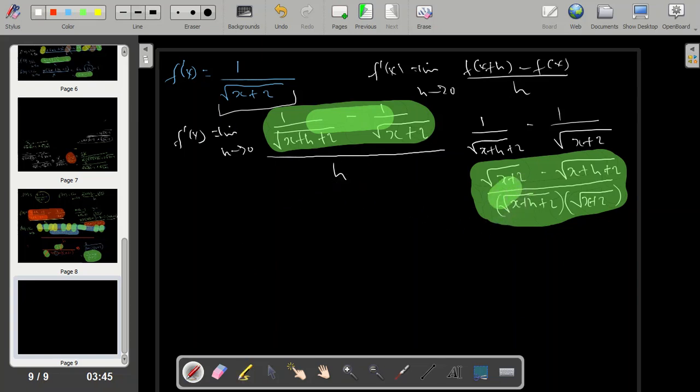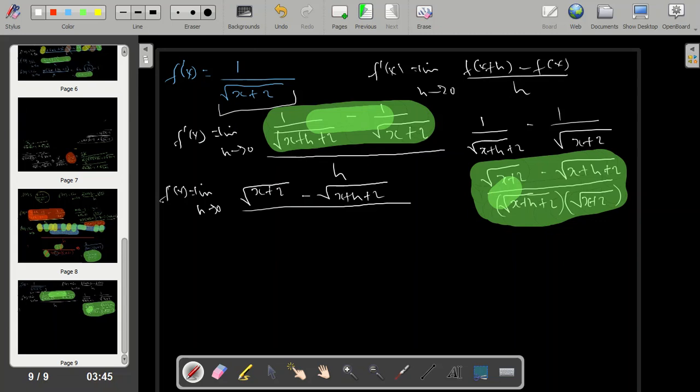So we are now saying, okay, this is going to be equal to the limit as h approaches 0. So the upper part, we are going to put the square root of x plus 2 minus the square root of x plus h plus 2, everything divided by the common denominator, which was the square root of x plus h plus 2,